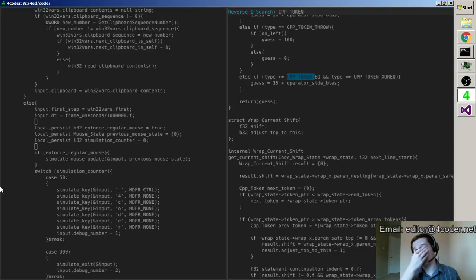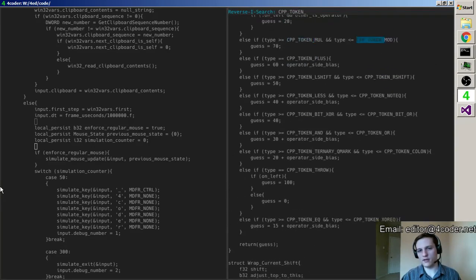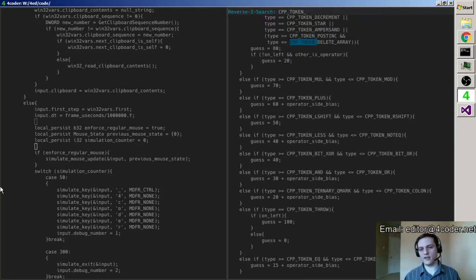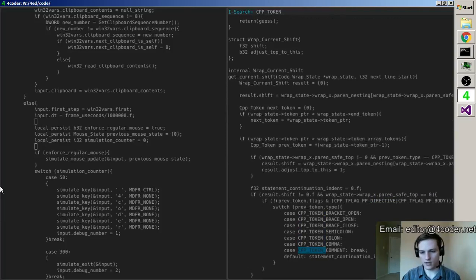Unless there's a difference in the order of operations between C and Odin on important stuff. Because basically what this code here is doing is grouping things together more tightly if they are tighter operators, so that it wraps at looser operators, which feels right, more logical.